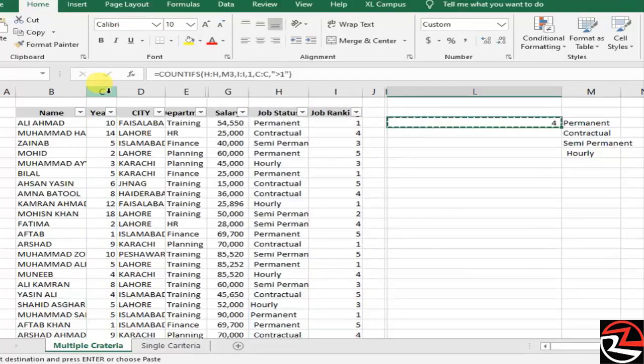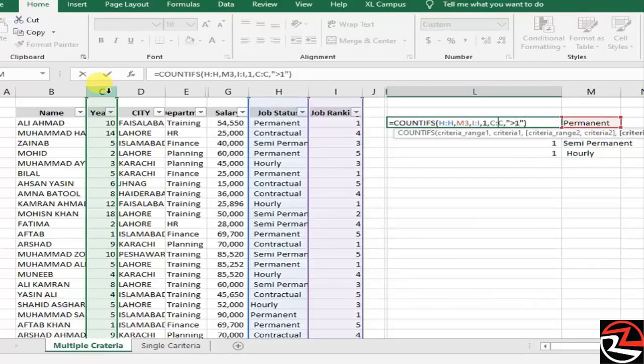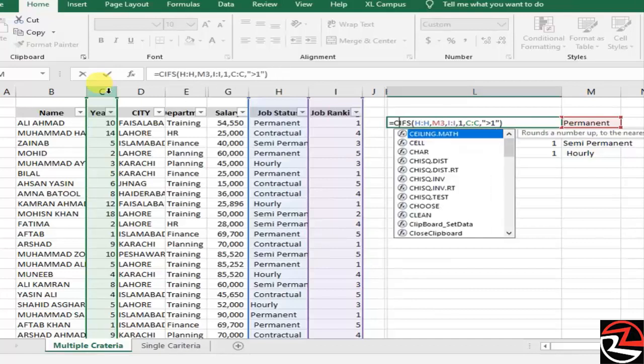There are 4 members who have status permanent, job ranking 1, and have worked in the company more than 1 year, as well as in contractual, semi-contractual, and so on. Now in the second formula, if we want to know how many salaries these members have, for this